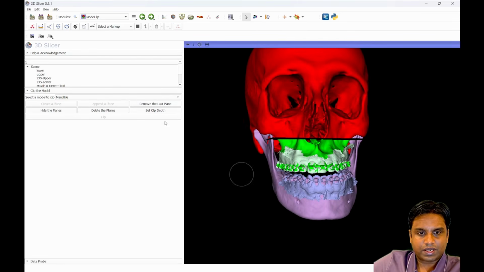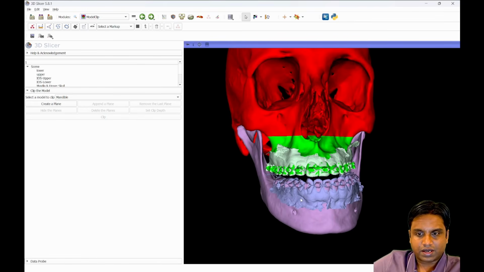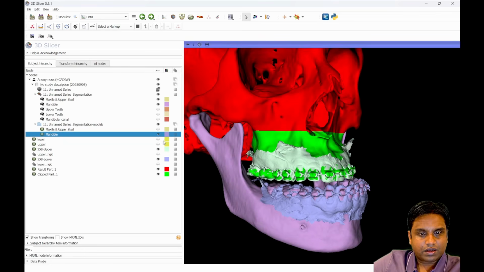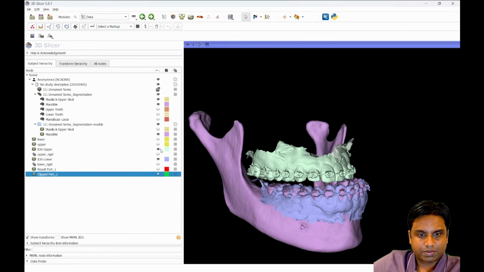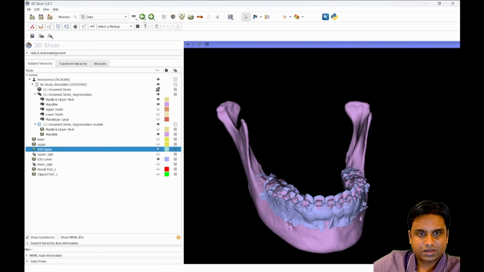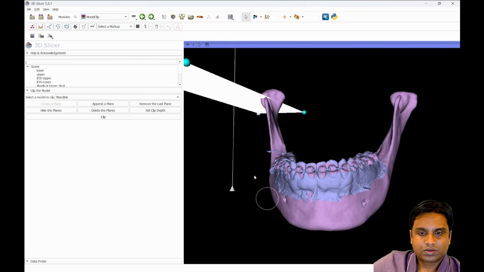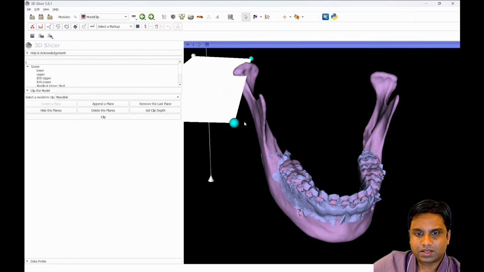I remove the clip depth, I delete the planes, and I'm going to start. If you want more clarity, you can just hide the upper ones. You go here, you create a plane. So to create the mandible cuts, the BSSO cut,